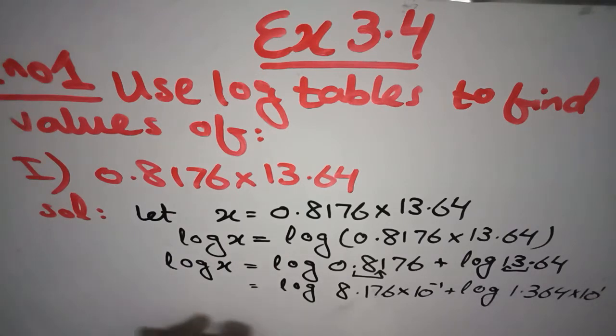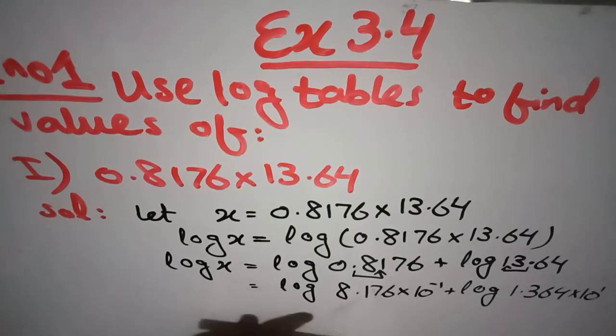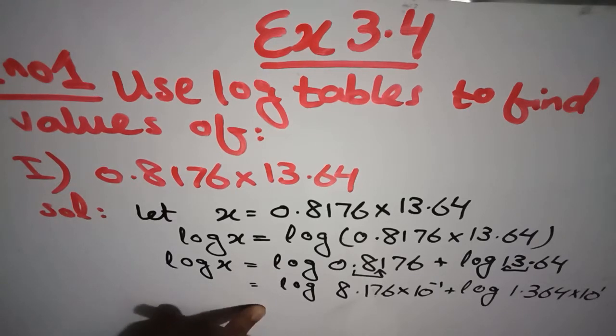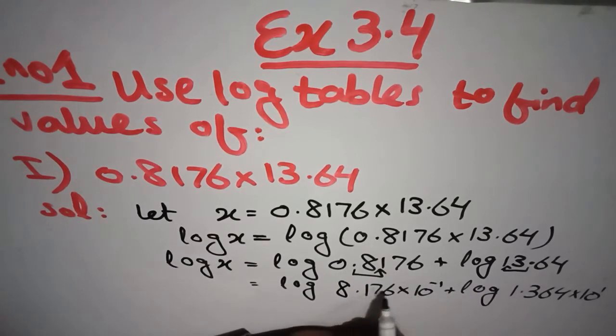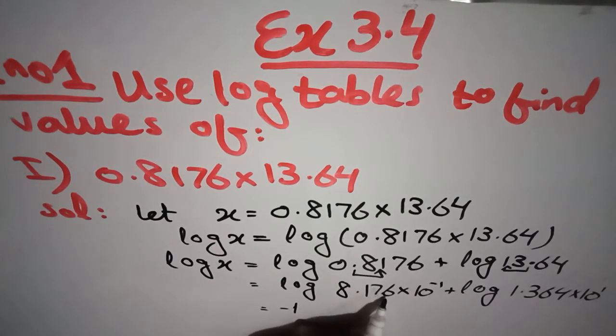In the logarithm, you know that there is a characteristic and there is a mantissa. So you have to find both the characteristic and the mantissa. What is the characteristic? How did you find the characteristic in your previous exercises? When you change the value into scientific notation, the power of 10 is the characteristic. To find the log, you have to calculate the characteristic and mantissa. The characteristic is minus 1, so you can write minus 1, and then you will calculate the mantissa.